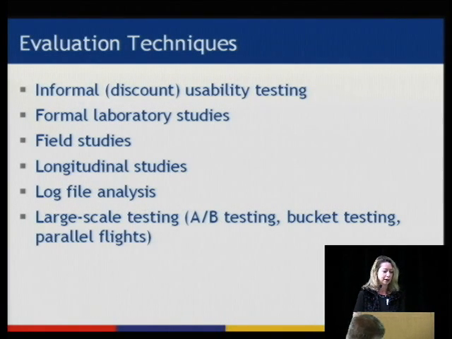First, just a summary of the major evaluation techniques, which most of you, I'm sure, are familiar with. When you're first designing a new interface, you do informal, low fidelity, discount usability testing. So you don't do a big formal study, you just see if people can't understand it at all and don't do anything that you thought they would, and if that's the case, you start over. Once you're past that point and you have a more usable design, you can do formal laboratory studies where you compare things with a set of participants, balanced design, and try to determine what works and what doesn't for a somewhat narrow range of phenomenon.